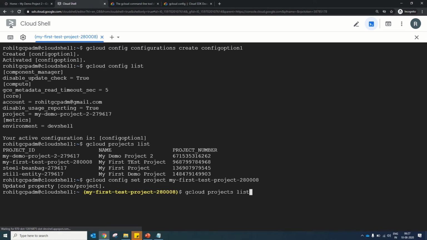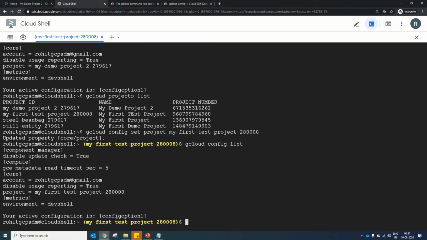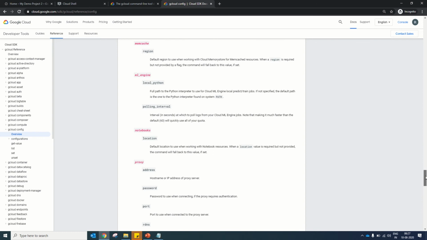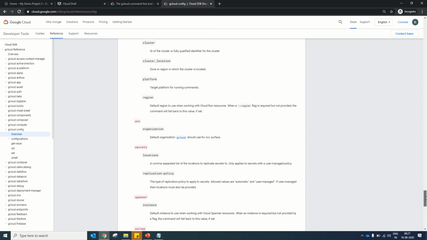Now recheck. Active configuration is config option 1 and the project is now changed to my first test project 28008 instead of my demo project 227967. You can add some of the other configurations in this configuration file listed here. Let's see, we will add the organization detail. Yes. Now the difference is